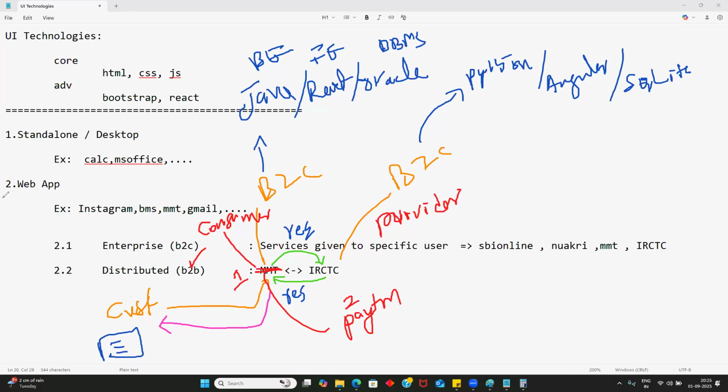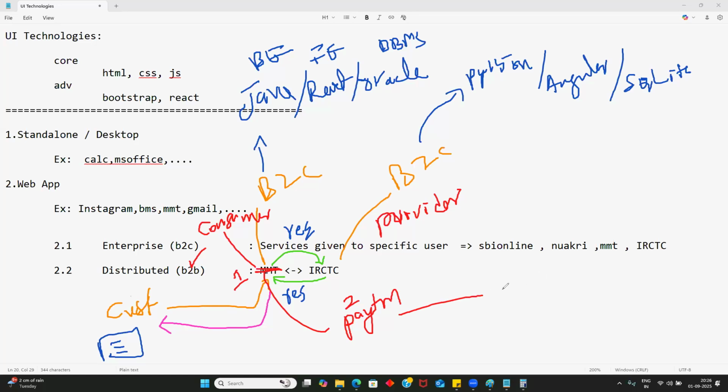Because Paytm is also one of the consumers for IRCTC. In Paytm, if you give your source and destination, Paytm does not have any train details ready. It will definitely talk to IRCTC and get the data back. So it is also one of the consumers.